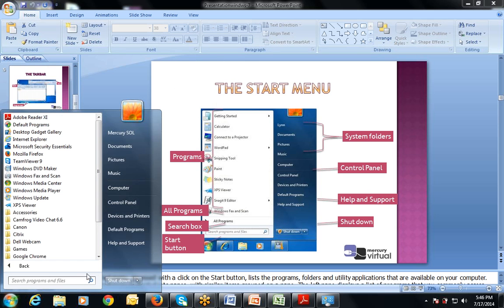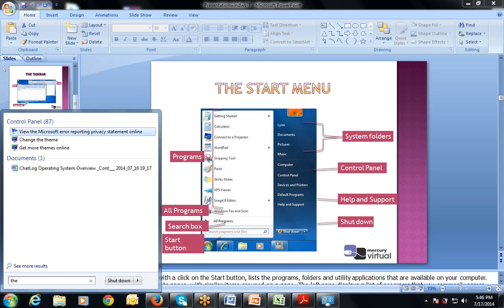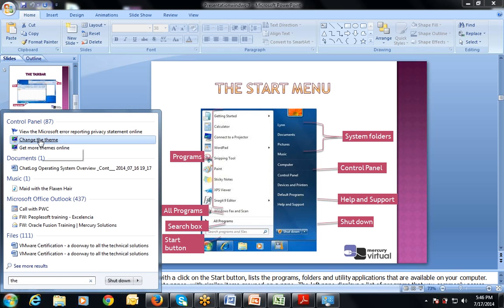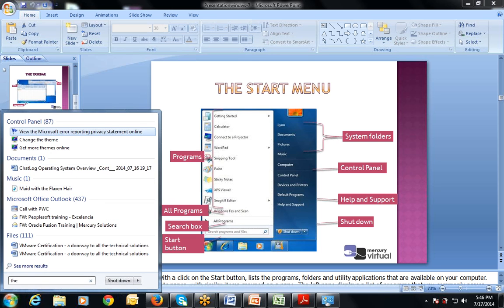Then there is a search box. If I want to type anything, that is searching. All the documents that contain the word will be shown.